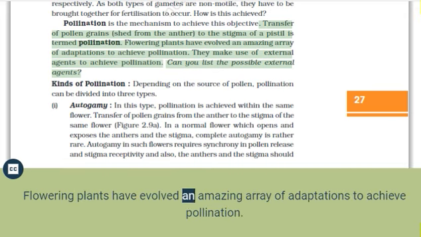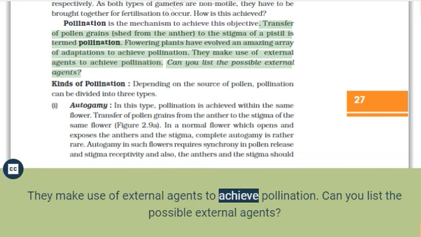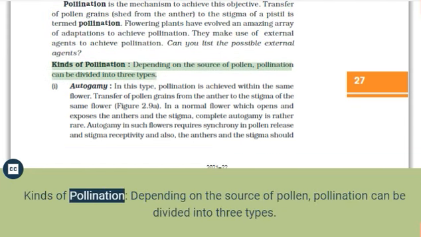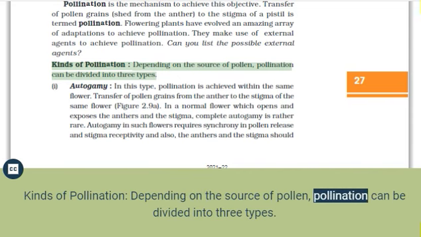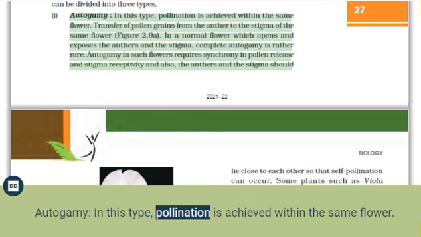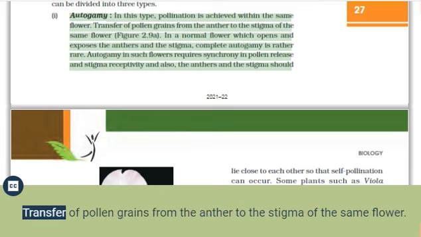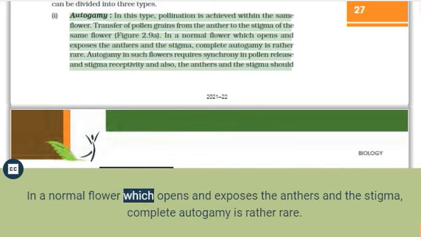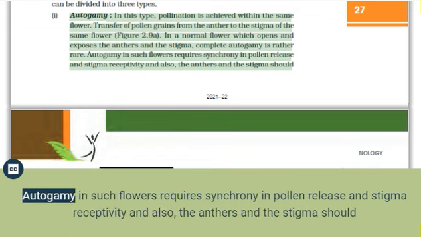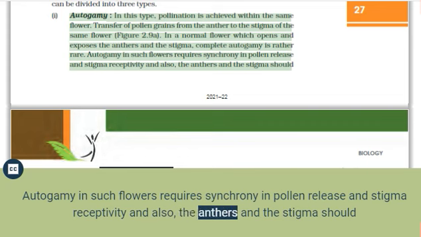Flowering plants have evolved an amazing array of adaptations to achieve pollination. They make use of external agents to achieve pollination. Can you list the possible external agents? Kinds of pollination. Depending on the source of pollen, pollination can be divided into 3 types. Autogamy. In this type, pollination is achieved within the same flower. Transfer of pollen grains from the anther to the stigma of the same flower. In a normal flower which opens and exposes the anthers and the stigma, complete autogamy is rather rare. Autogamy in such flowers requires synchrony in pollen release and stigma receptivity, and also, the anthers and the stigma should